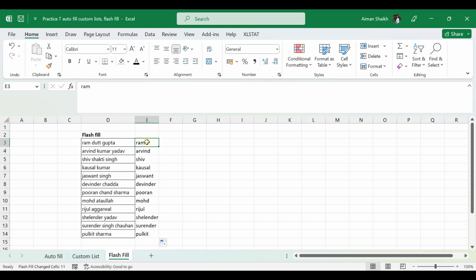If I write Gupta, you can see that it automatically gives me the last word of all the names. If I write Dutt, it gives me the second word from last of the name. So from last, it is Singh and Shakti, so second is Shakti. Then from last for Kumar and Kushal,